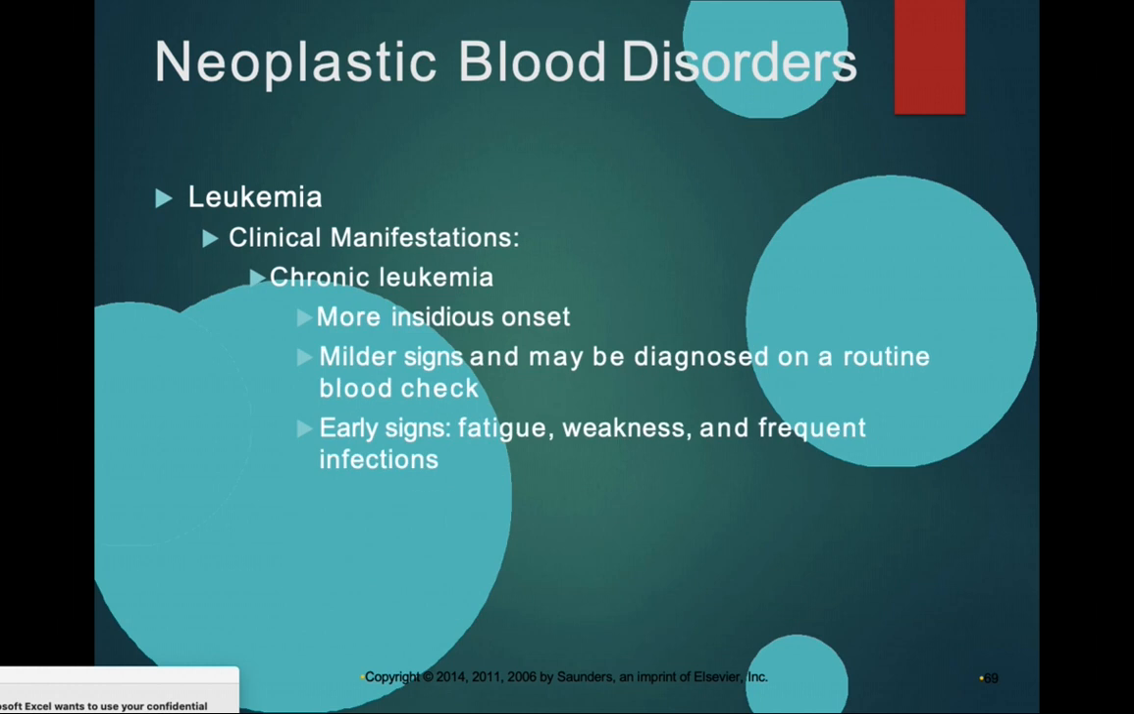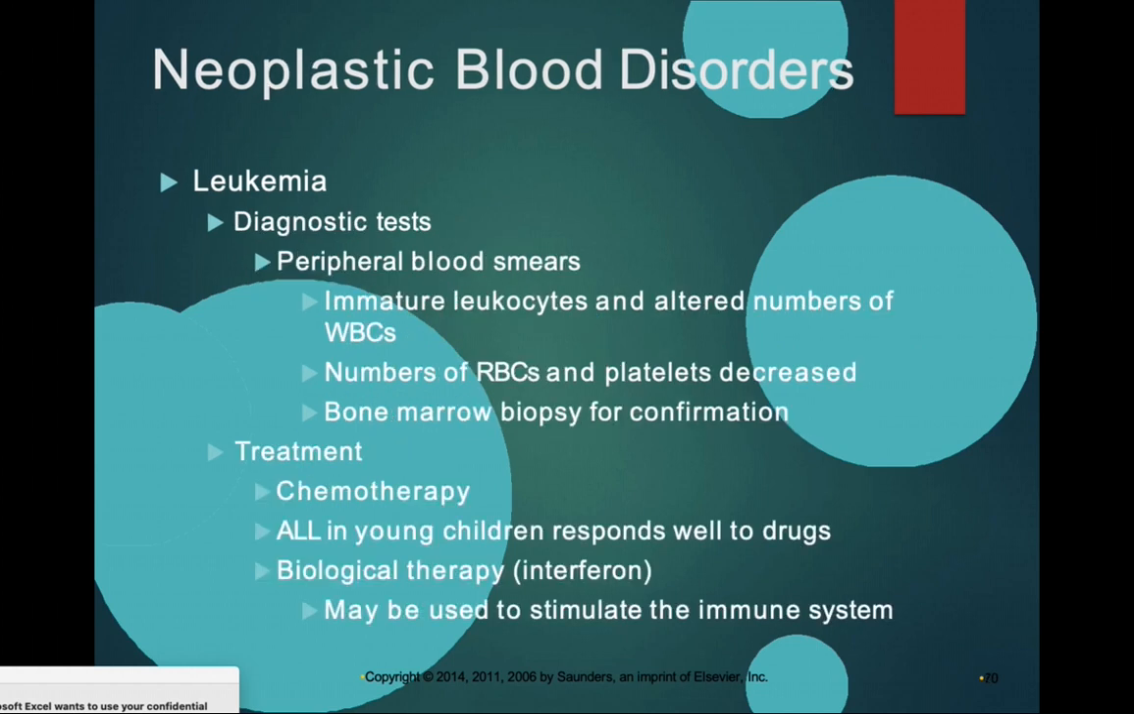Remember, with chronic leukemia, this one is more insidious in terms of the onset. There are milder symptoms, and this one may be diagnosed on a routine blood check. Early signs: fatigue, weakness, and also frequent infections. For diagnostic purposes, peripheral blood smears will show immature leukocytes and an altered number of white blood cells. The number of red blood cells and platelets is decreased, and they need to do a bone marrow biopsy for confirmation. And the treatment is chemo,